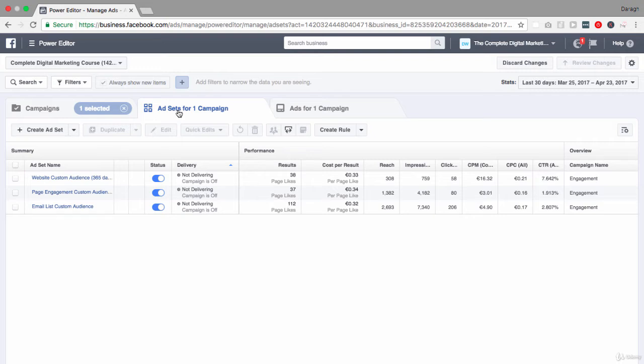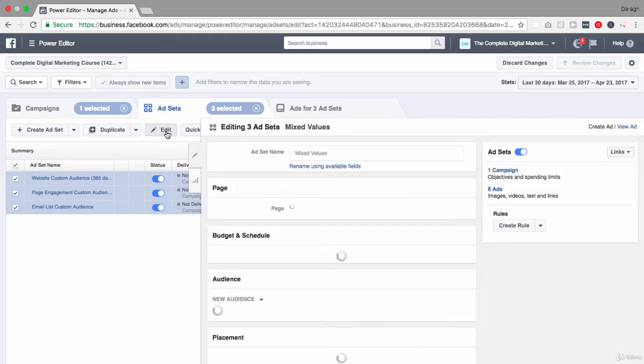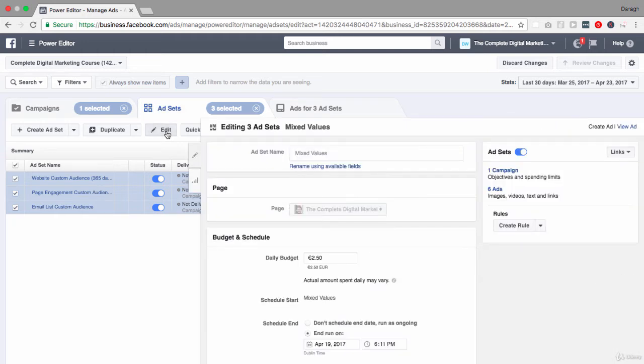So what I want to do is firstly come to my ad sets tab. Then I can just select all of the ad sets that I want to change, or I can just select the ones individually that I want to change. Then I can come into the edit button here. And now what I'm going to see here are all of the values for these campaigns that I can really